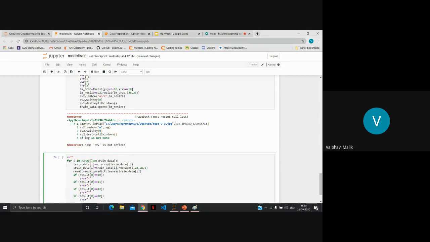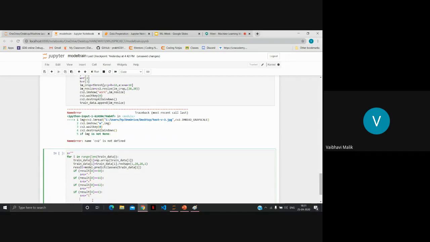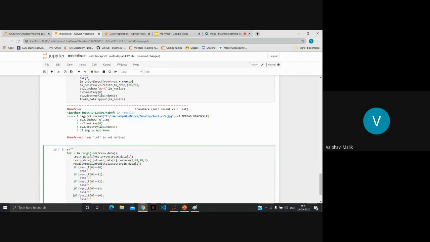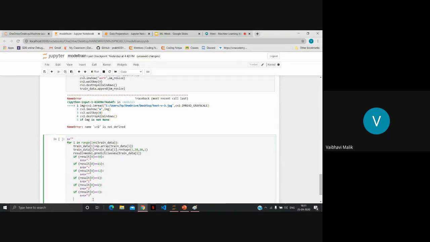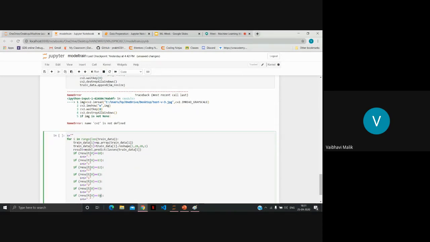If our result is 1, then it will add 1. If our result is 2, then it will append 2. And similarly till 9 we have to do this step. If it is 3, then it will append 3. If it is 4, then it will append 4.